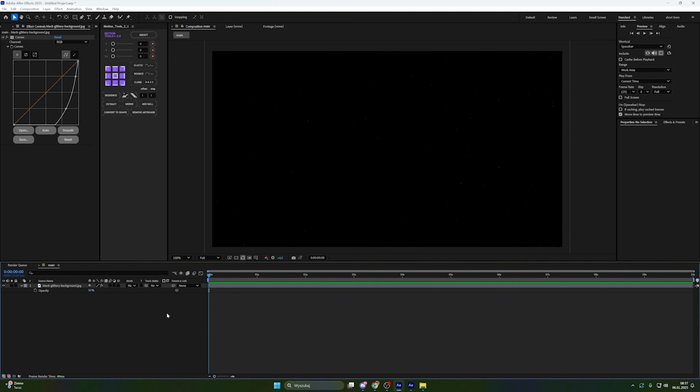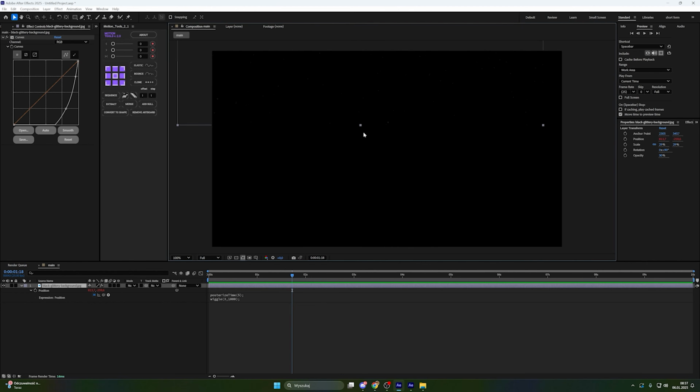Okay, now let's add movement to this. Go to position, and now press Alt and click on the keyframe for position. And now here we can write a script for that movement. So let's write posterizeTime first, set it to 5. Then let's write the wiggle expression here and set that to 3 and 1000. Okay, like that. Now you can see that we have our movement, but sometimes the image is out of the